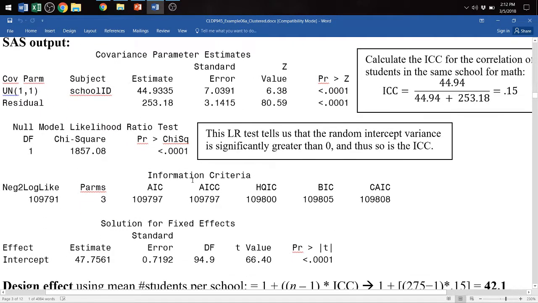So intraclass correlation, that's my random intercept variance divided by my random intercept variance plus residual. In other words, level 2 over level 2 plus level 1. Works out to be 0.15. So 15% of the variance in math has to do with which school you go to. So there are large differences in an educational context. This intraclass correlation is pretty big. Large differences between school and how the kids do.